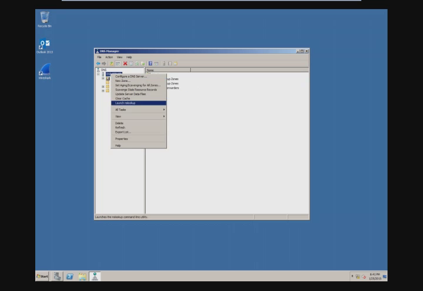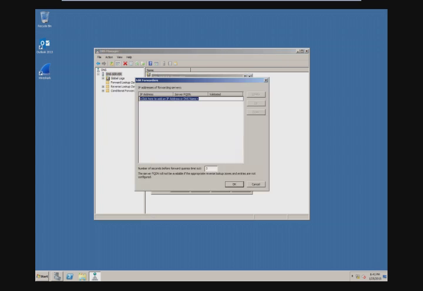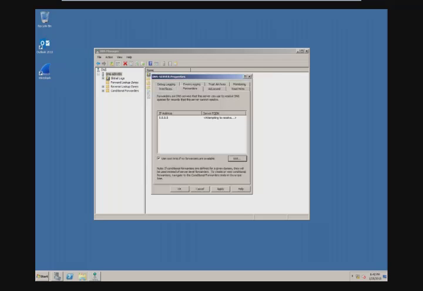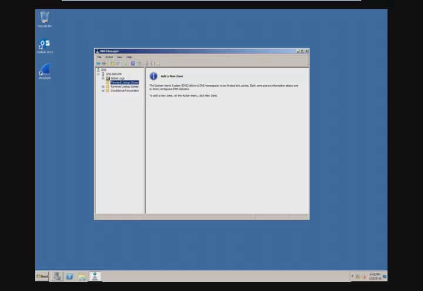We're going to right click and go to properties, forwarders. We're going to edit that. And I'm going to put in 8.8.8.8, which is an internet server, but this will be like 10.1.12.72 in our classroom. And you can see it's all green. It's ready to go, and that'll give us the ability to resolve internet names if we choose to send email to the internet. Of course, we can't get any email returning,